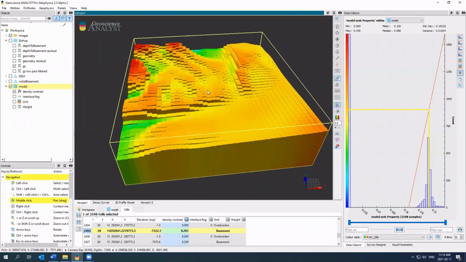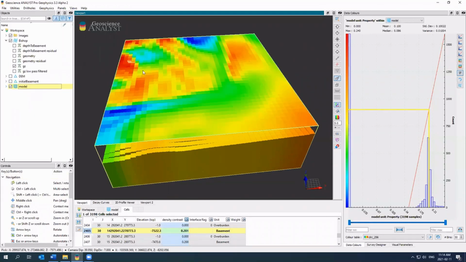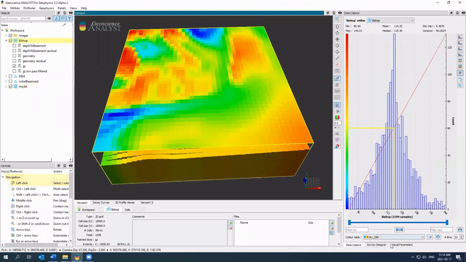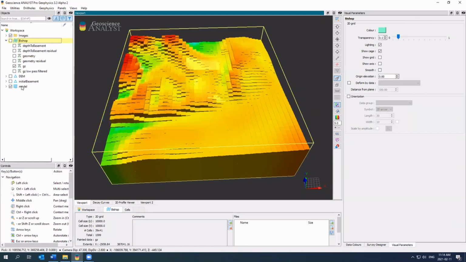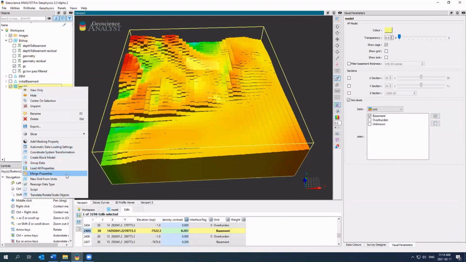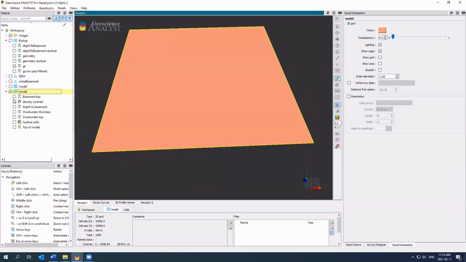So at this point, I'm actually looking mostly at the model and the residual and whether it makes sense geologically. As soon as I get something that I feel is pretty good and makes sense geologically, instead of showing the model, I can create a grid from all these units. And this grid